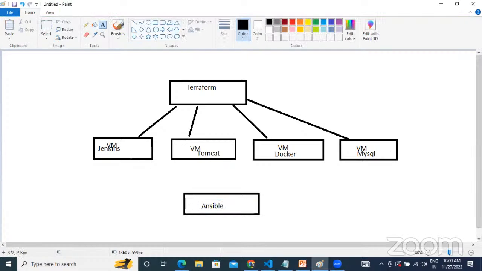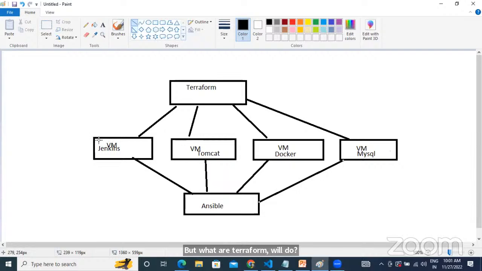What are the software you want to install? The configurations. Okay, what are the software you want to install? That part will be taken care of by Ansible. But what will Terraform do? Terraform will create the infrastructure for you. It will create the VM for you. Once the server is ready, for example,